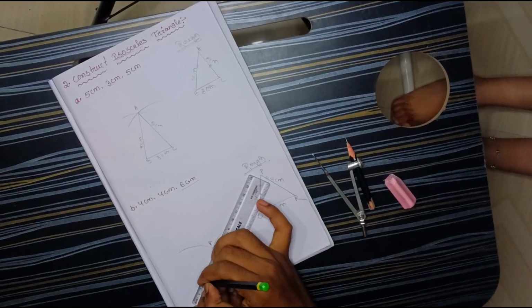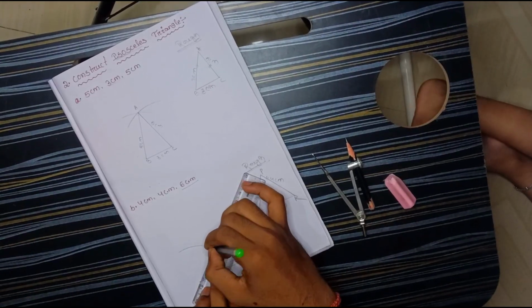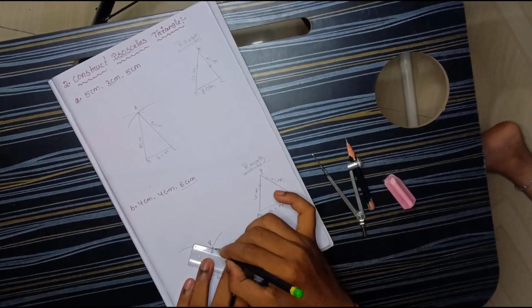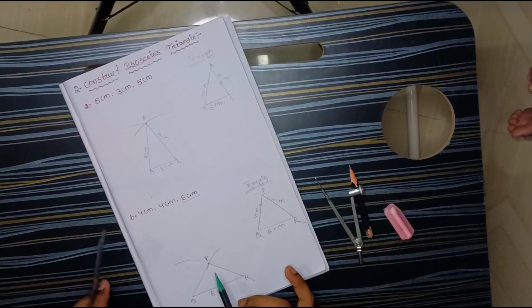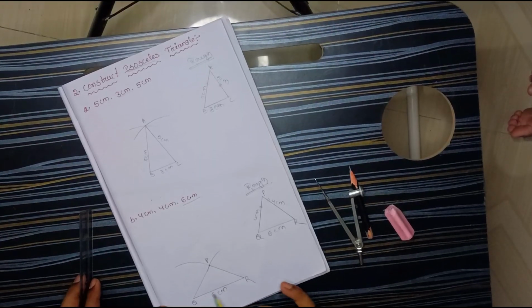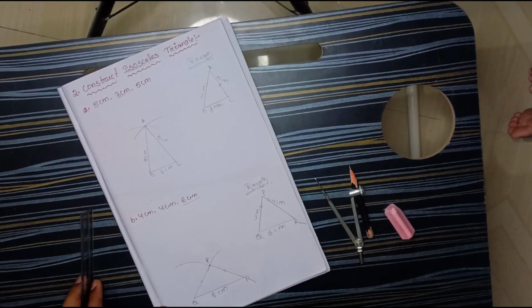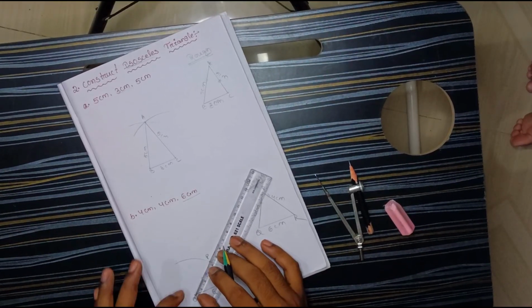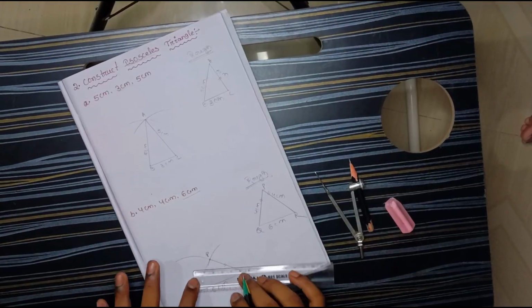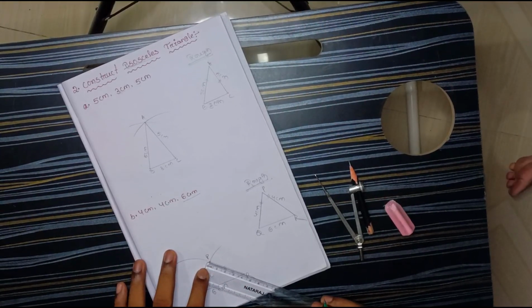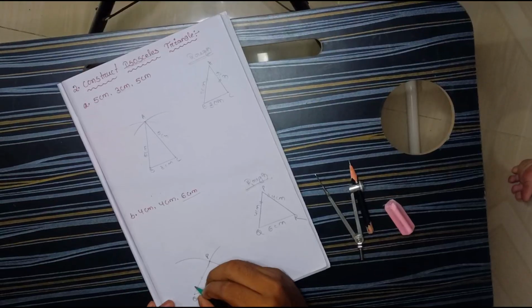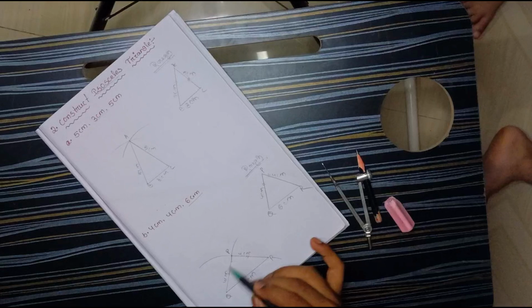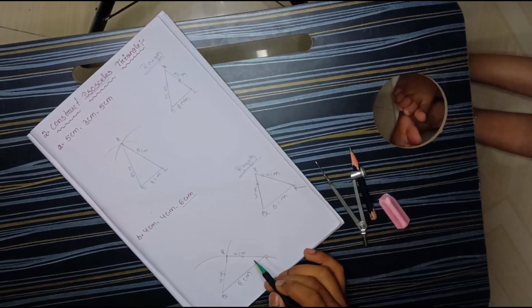So now it's time to join the PQ line, PQ points. Yes, so now I joined the PQ and then I have to join the PR also. So look at this one. Now your triangle is ready. PQR isosceles triangle. How do you know that it is an isosceles triangle? You have to measure these two sides also. Look here, PQ side represents 4 centimeter. Exactly the same is represented in PR, that is also 4 centimeter. So you have to write here 4 centimeter and here also 4 centimeter. It is the PQR isosceles triangle.